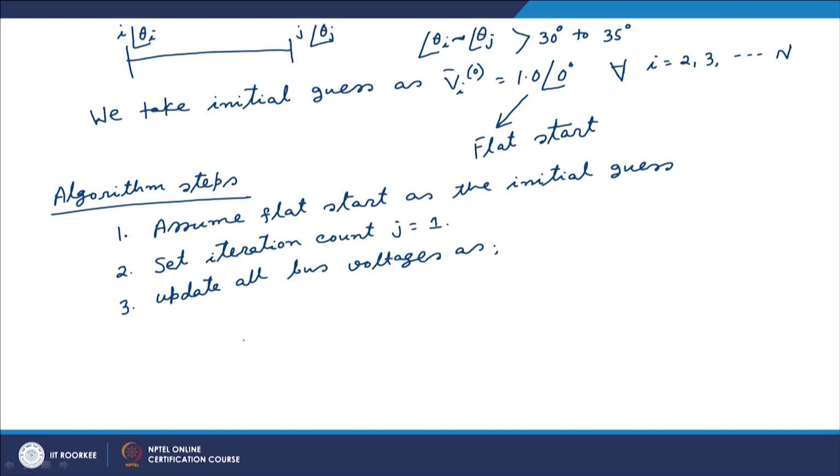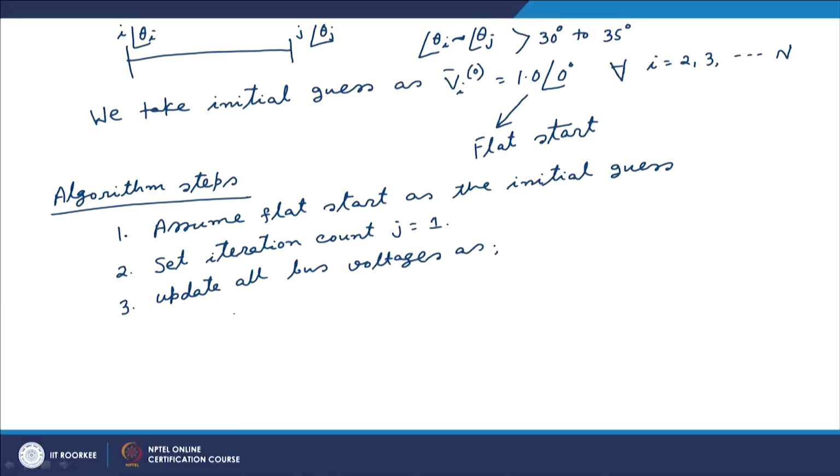Now you see, in this case we have assumed that bus 1 is the slack bus, so the bus voltage magnitude and angle at this bus are known, and we do not have to solve for them. We have to solve only for the other buses. So we will start our calculation from bus 2, then bus 3, and go up to bus n. We start with bus 2, the updated voltage at bus 2, V2^j. Remember, here j stands for the iteration number. We have already set j equal to 1, so essentially it is V2^1. So it would be 1 by Y22